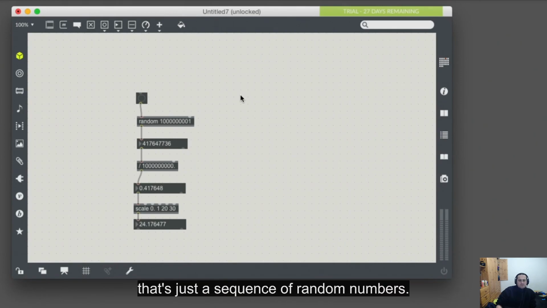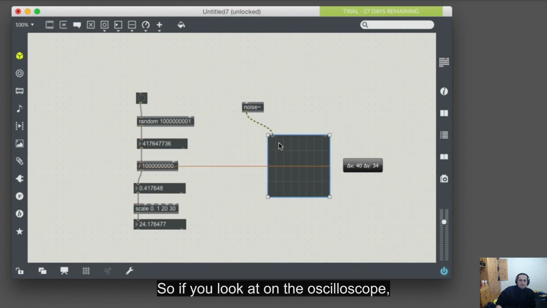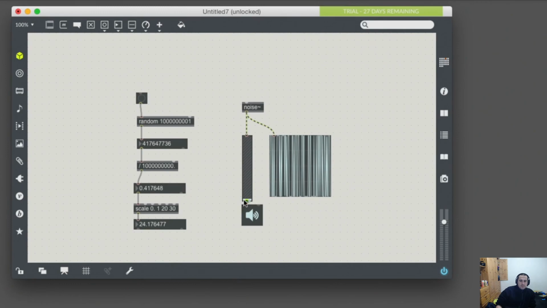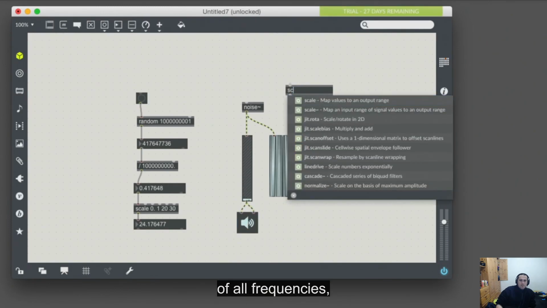If you have a signal that's just a sequence of random numbers, that's what you call noise. That is what white noise is. Every sample is just another random value. So if you look at it on the oscilloscope, it looks noisy. And if you listen to it, it's got that distinctive sound of white noise. Okay, white noise has an equal mixture of all frequencies, which you can see on the